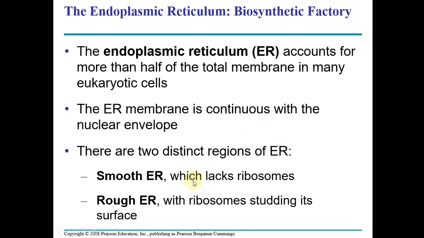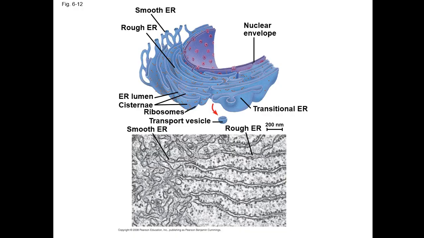Pag sinabing smooth, wala siyang mga ribosomes or bound ribosomes na naka-attach. Pag rough, meron siyang mga bound ribosomes na nasa surface. Okay, so here is the illustration showing you smooth ER. So kung makita nyo, walang ribosomes. Rough, merong ribosomes. And iba din yung structure ng smooth sa rough. Okay po? So if you're going to see this way, you're going to see that nuclear envelope is continuous to